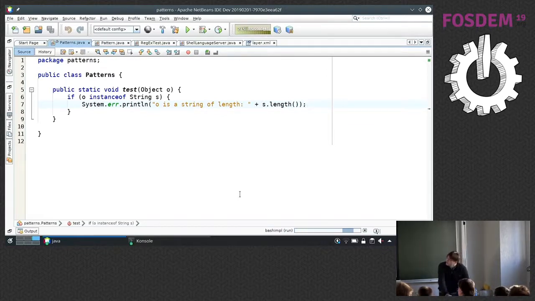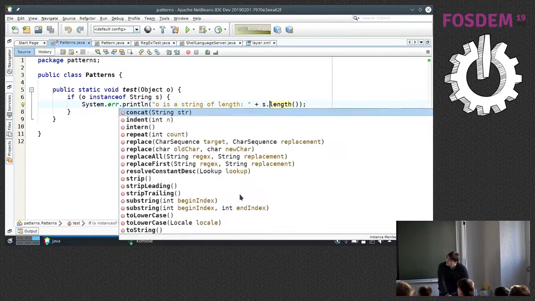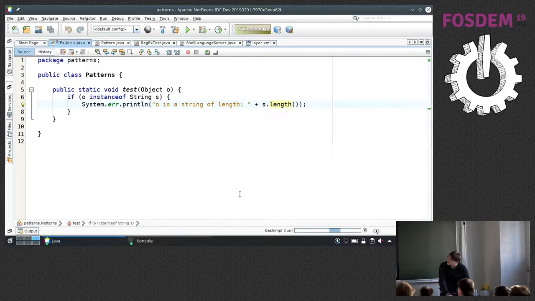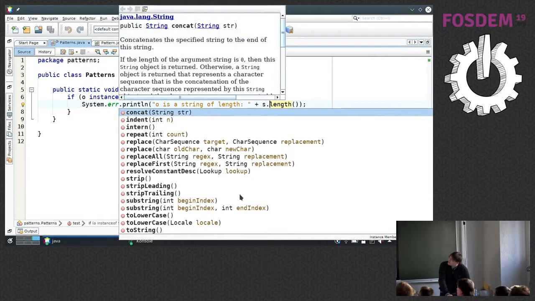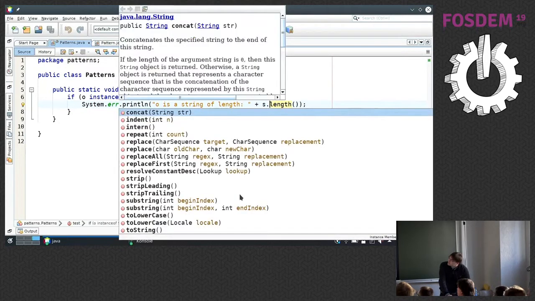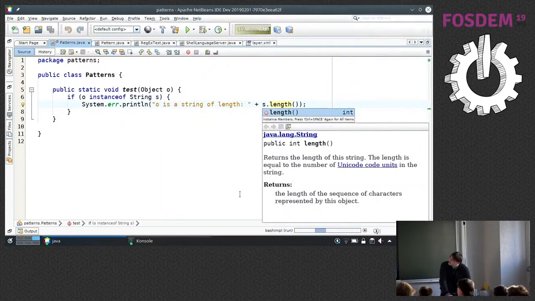You can get the code completion displayed. Sometimes a little bit slow, like here. I don't know why. So the IDE itself doesn't understand this construct, but javac does.